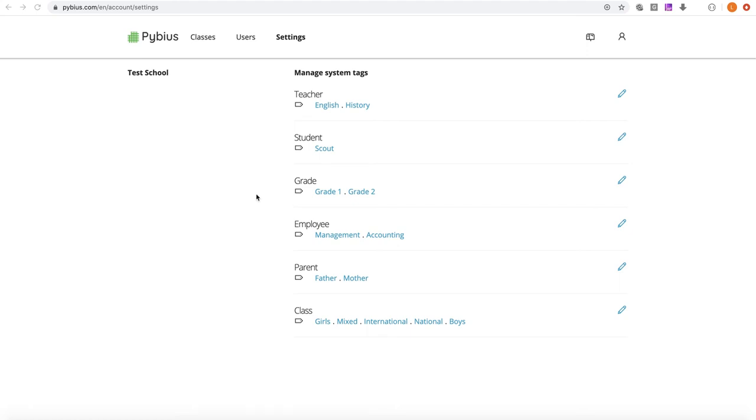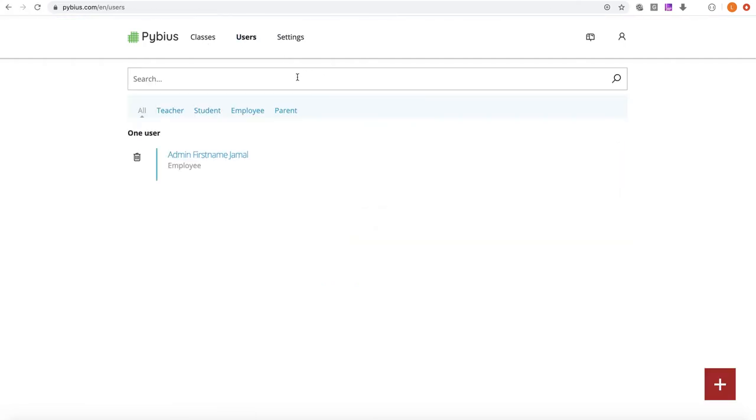Hello everyone. Now after I have set up the tags for my school, I'm ready to add users and classes to my school. To do that, I can go to the users or classes tab here, for example users. I'll see that it's only me now who exists in this users menu. If I click on the plus icon on the bottom right of the screen, I can start adding